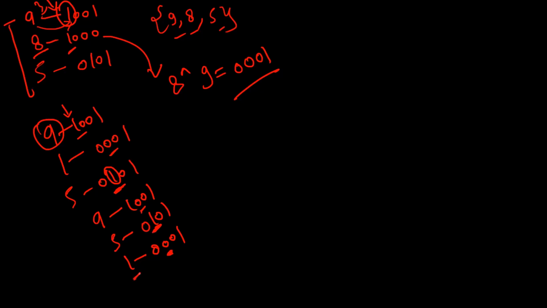Then we'll move to our third number and check if in our third number, 3, 2, 1, the first bit is set or not. You can see it is not set. If it is not set, we'll reduce further. Now we'll check for the 0th bit. You can see in our third number, the 0th bit is set. So now we'll check all the numbers for which this 0th bit is set, and we'll do the XOR operation for the same. Here you can see in this number as well, the 0th bit is set. In this number as well, the 0th bit is set. So we'll do the XOR operation.